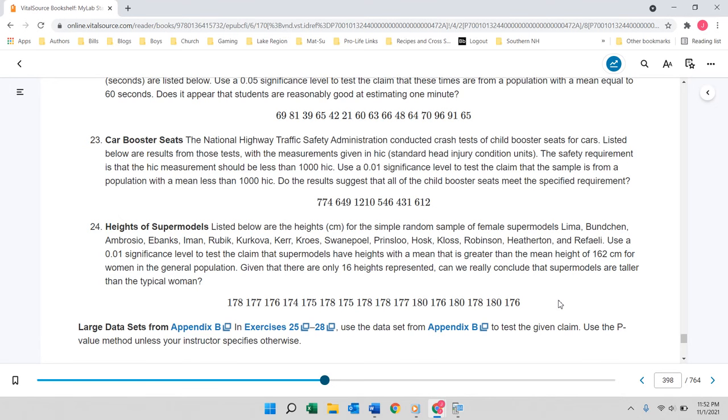I am doing number 23 here about car booster seats. The National Highway Traffic Safety Administration collected crash tests of child booster seats for cars. Listed below are the results from those tests, with the measurement given in HIC, which is Standard Head Injury Condition units. The safety requirement is that the HIC measurement should be less than 1,000. Use a 0.01 significance level to test the claim that the sample is from a population with a mean less